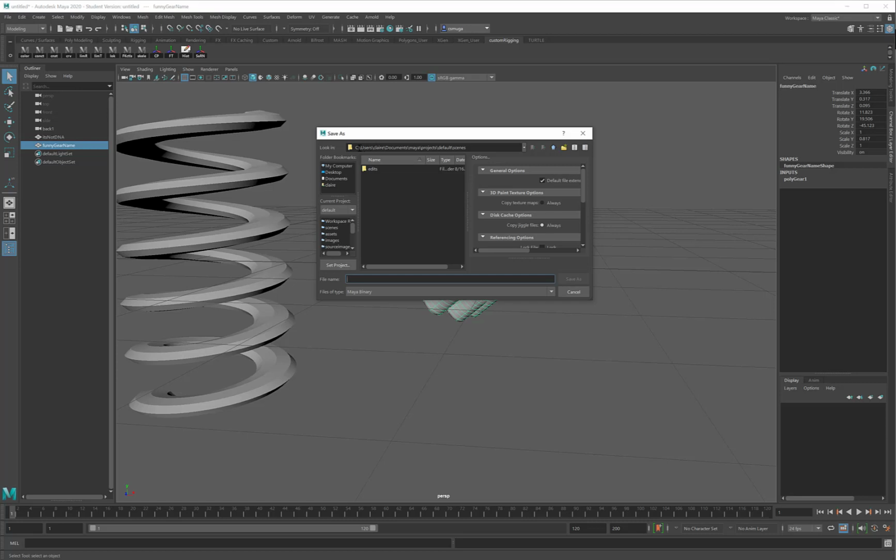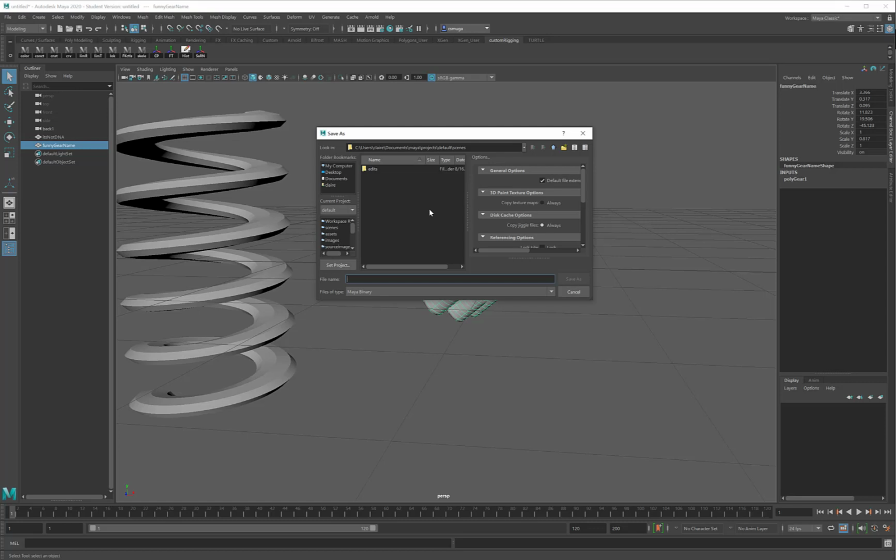First is the location. Maya always wants to save to a default location. You can change this by clicking this blue arrow to go up, creating a new folder, or simply using the browser options to the side. We'll talk more about this default folder when you've got a little more experience under your belt. There's a good reason for it, but first you have to get to the point where you can understand that